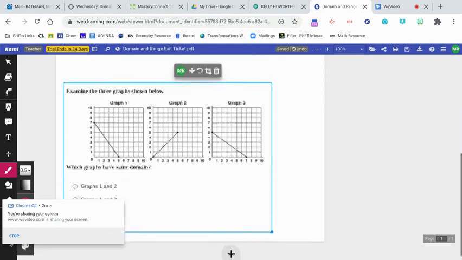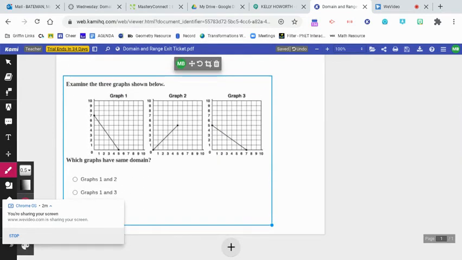Okay, next one. It said, which functions have the same domain? Well, in order to figure out which ones have the same domain, we have to obviously identify the domains. So graph 1, I see that for domain, we are specifically discussing our horizontal change, or x. So we're looking horizontally at these graphs. So for graph 1,